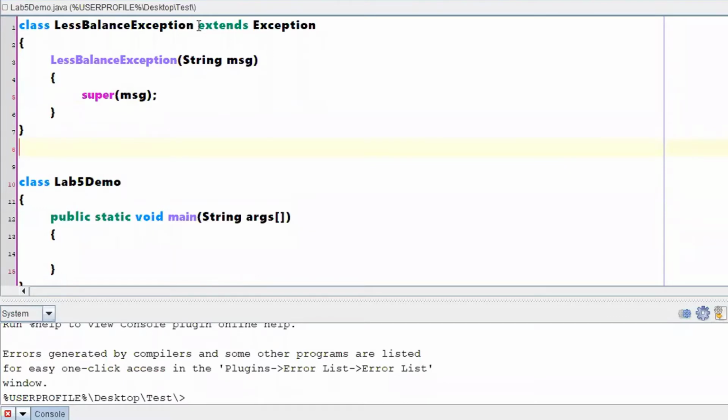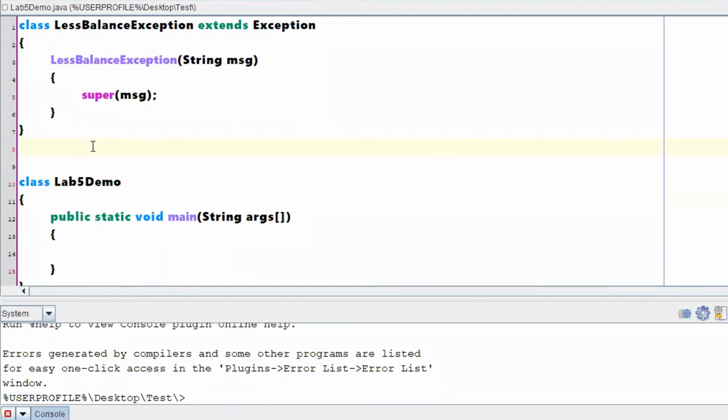Hope there are no doubts with respect to this class definition. If I get a quick acknowledgement, then we will go with the Account class. Nothing new here compared to the previous example we discussed, where we wrote a TooYoungException. Instead of a TooYoungException, now you have a LessBalanceException. Clear with this point? Then we will start creating the Account class. Can we go with the Account class?